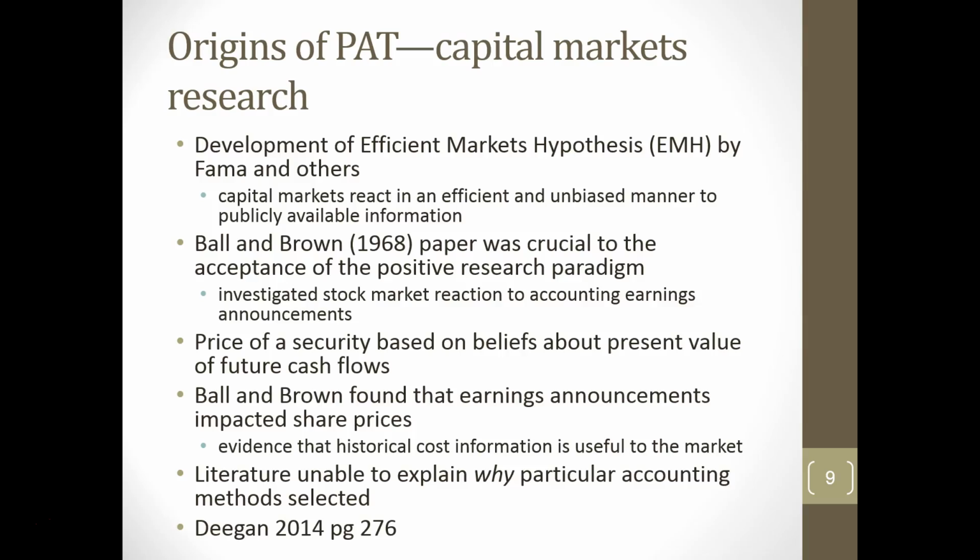So Ball and Brown in 1968 released a revolutionary paper crucial to the acceptance of the positive research paradigm. And what did they find out? When a company had an earnings announcement which was positive, their share price went up. Implicit in the share price, built into the share price, was an expectation of the future earnings of the company, potentially to a net present value type equation. If you're looking at it very scientifically, very mathematically, the earnings were impounded in the prospective share price, and